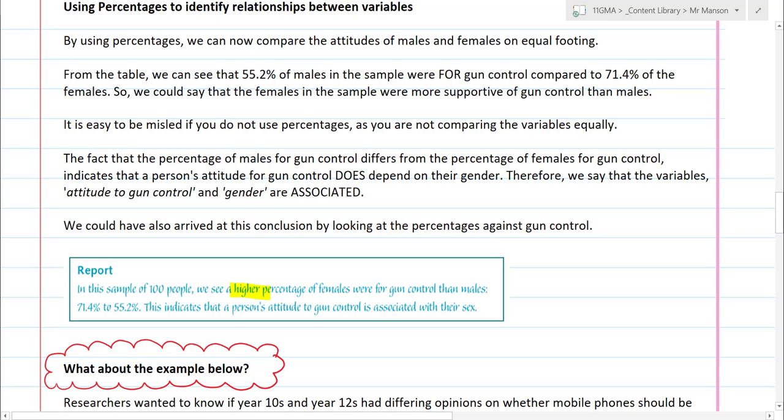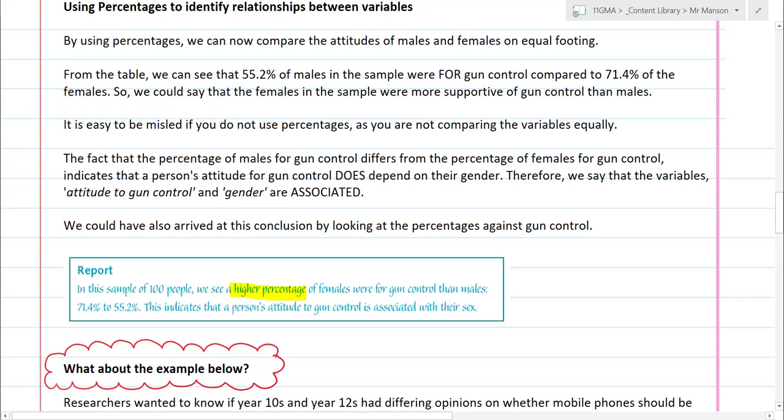High percentage is important, so you note there that that's basically giving you units. This is a measurement as a percentage. It'd be the same as saying it's further in meters or it weighs more in kilograms. It's important to give units because if you don't make that percentage statement, we don't know whether you're talking about the 32, 30 or the 55.2, 71.4 comparison. It makes a statement that there's clearly a higher percentage,